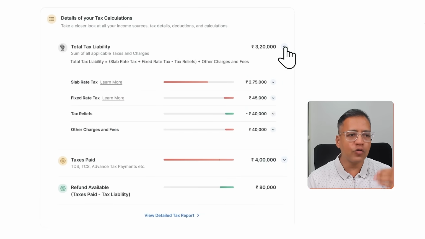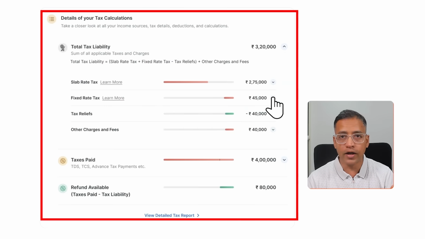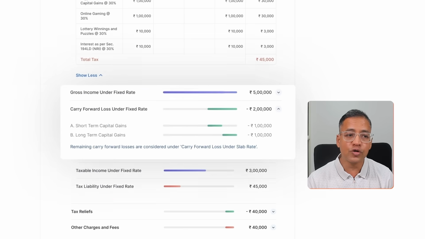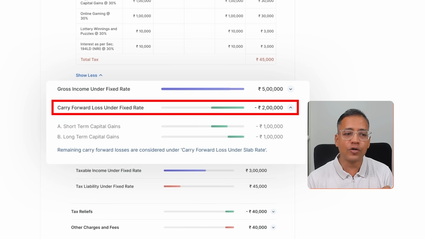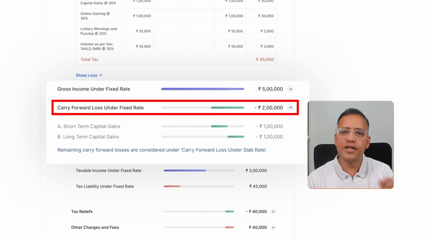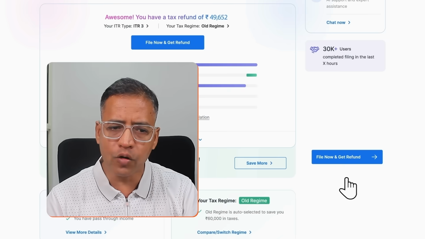If you further scroll down, you will also see your total tax liability broken down, how it has actually calculated taxes. For example, how much tax came out from the fixed rate slab, etc. It will give you all the complete breakdown. If you click on fixed rate tax, it will also show you how much of carry forward losses you are carrying forward. This is again an important point here, because in this example here, there is a refund. So therefore, there is a possibility that you might be able to carry forward some losses from, let's say, stocks or intraday trading or whatever, that you can use next years as well, so that your returns are optimized, your tax can be saved. Once you're happy with your tax summary, you can click on file now and move to